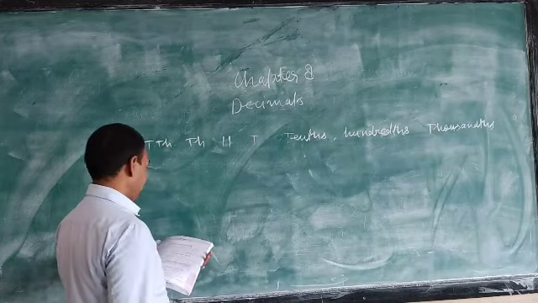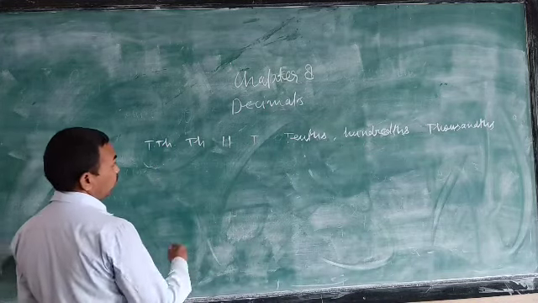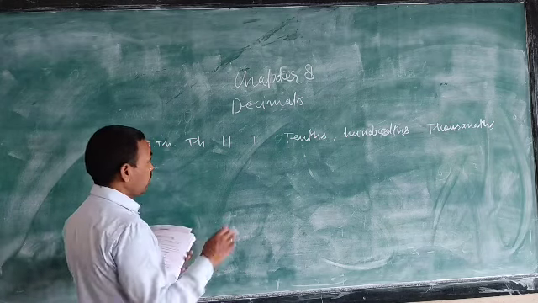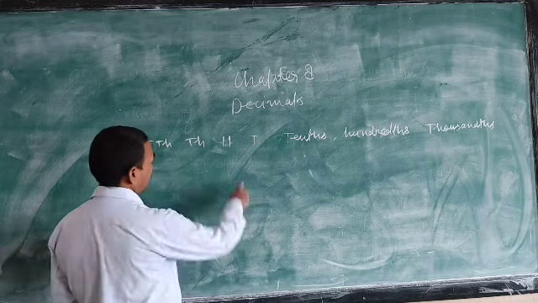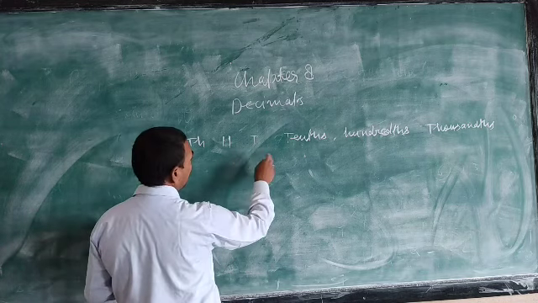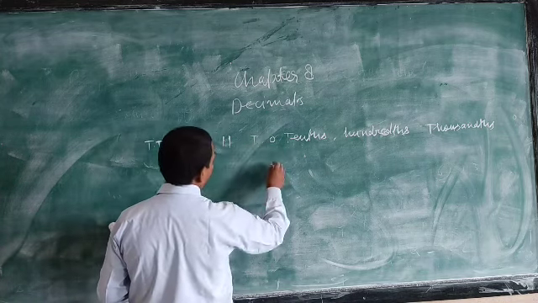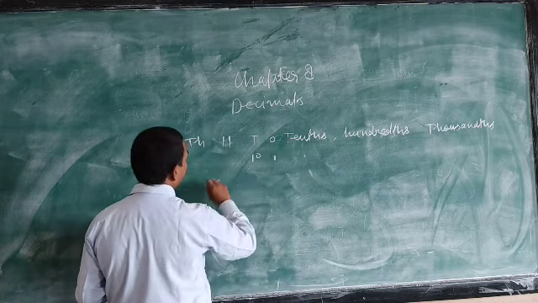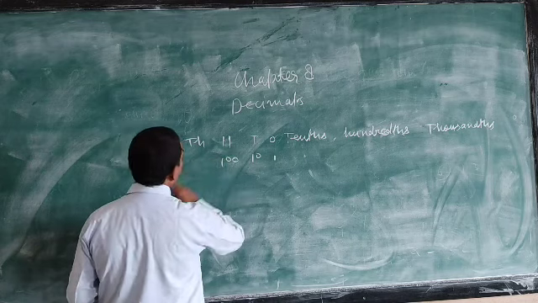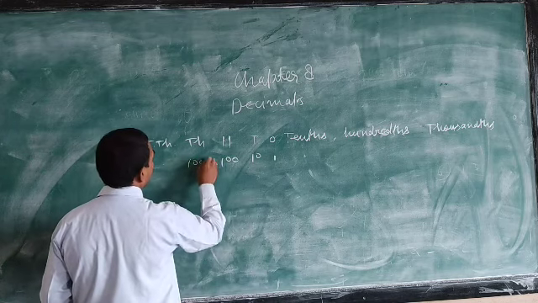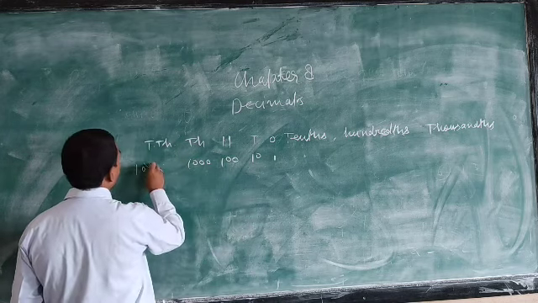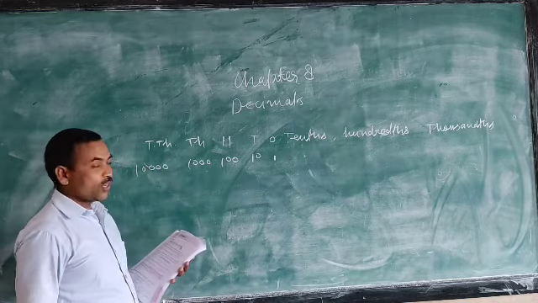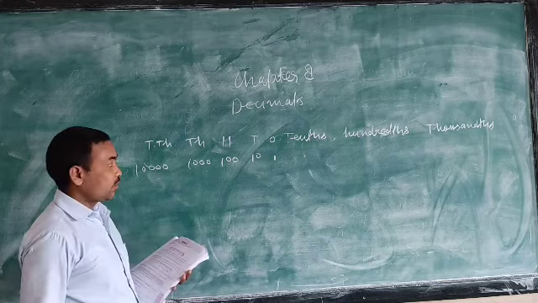See here, suppose I want to spell the position of the counting number 1 in all the places. If it is in the 1's place, the value of this is 1; in the 10's place the value of 1 is 10; in the 100's place, 100; in the 1000's place, 1000; and in the 10,000's place, 10,000. This is the value of counting number 1 in different places.